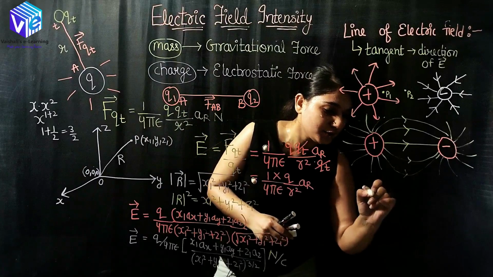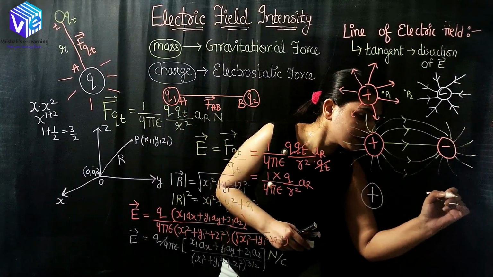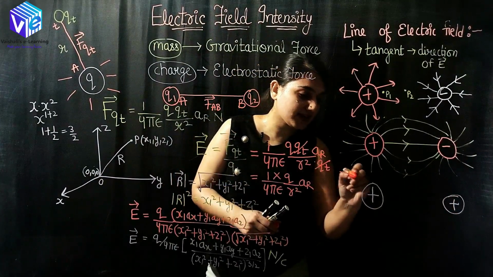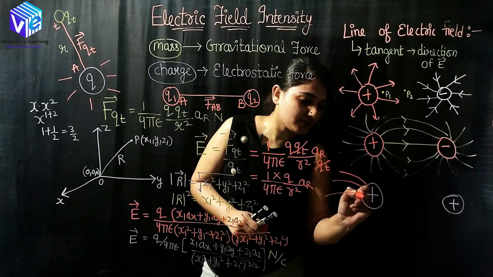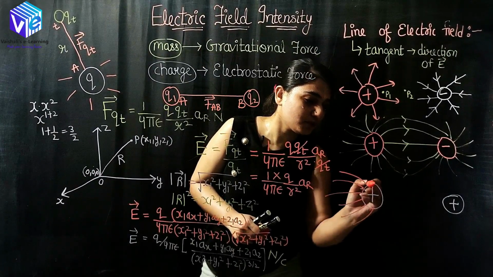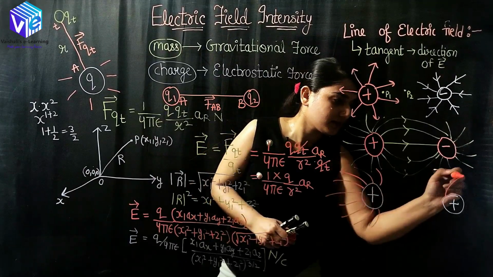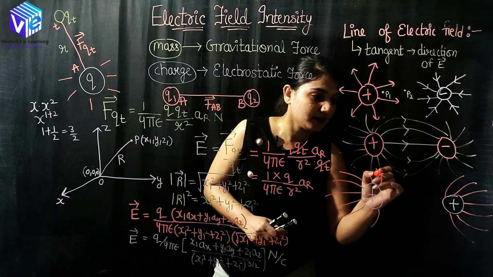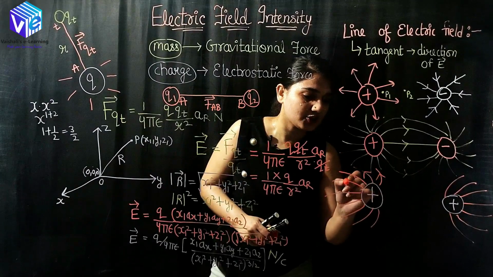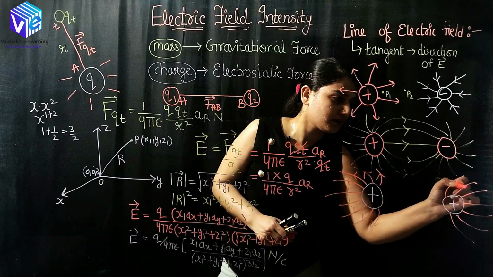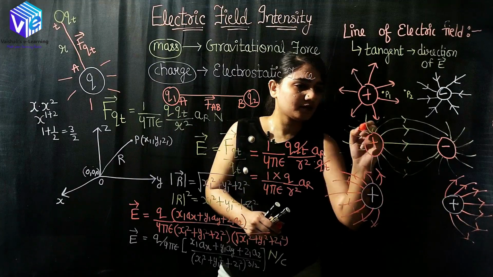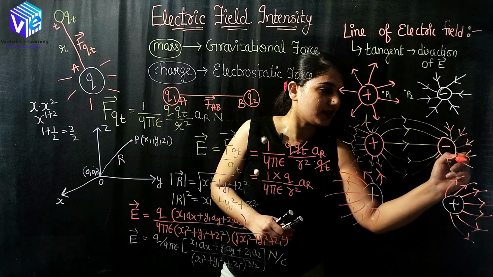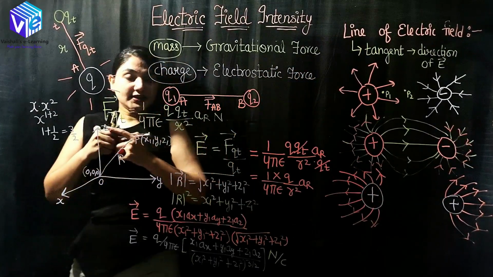And if I have two positive charge or two negative charge, so this is both the positive charges. So here I'll be having electric field lines away from the positive charge. These will repel each other, so we'll be having the lines like this. Remember, these lines will never intersect each other and it is going away from the positive charge. And it is coming inside the negative charge. So now I hope this thing is clear.